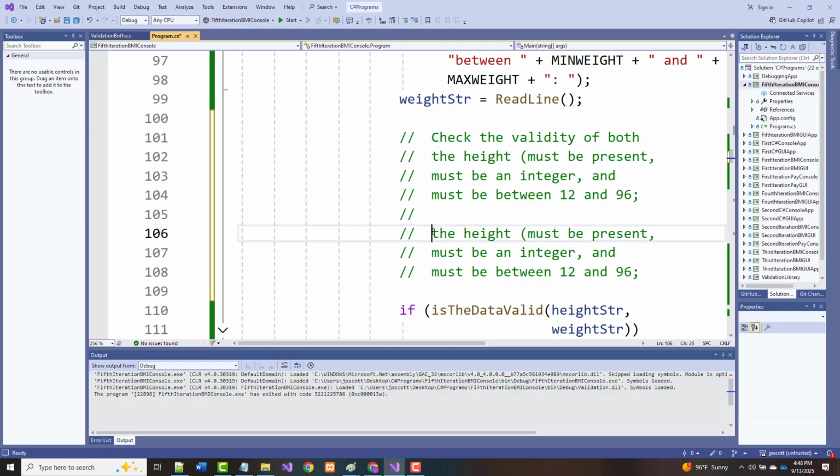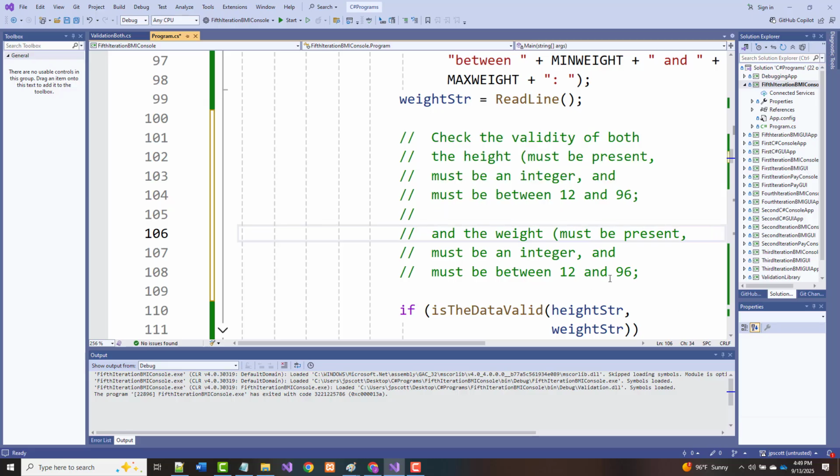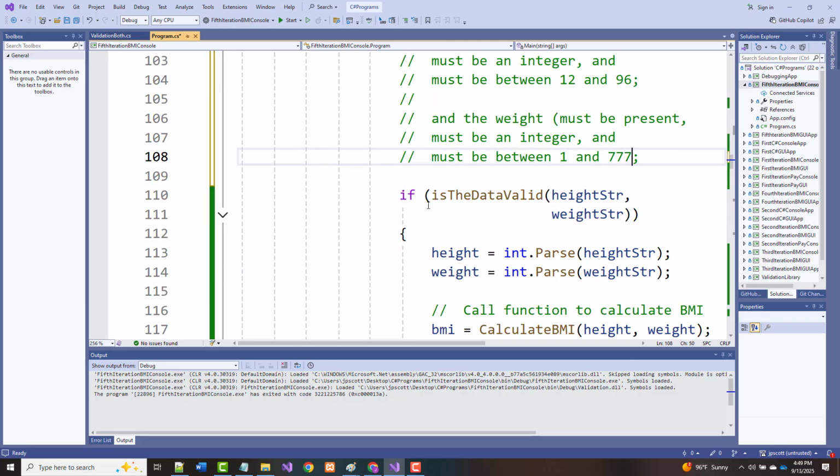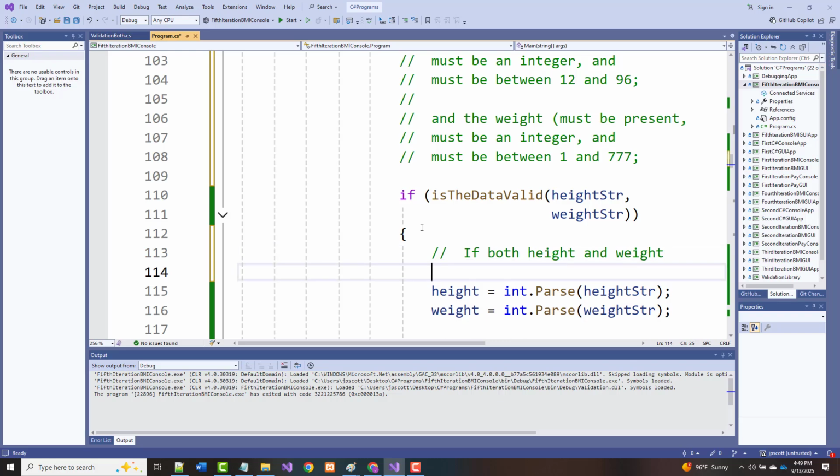And the weight must be present, must be an integer, and must be between 1 and 777. So we check the validity. If both height and weight were validated,